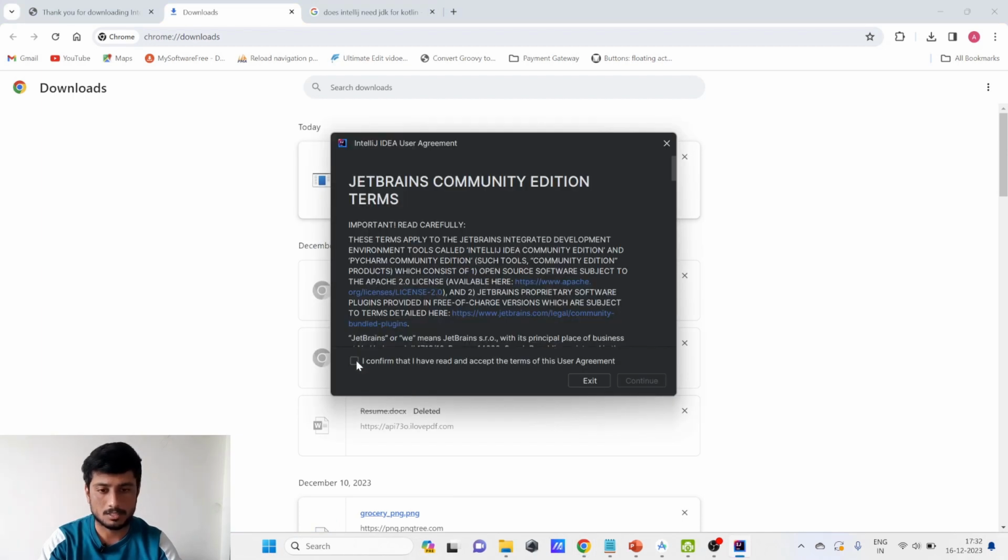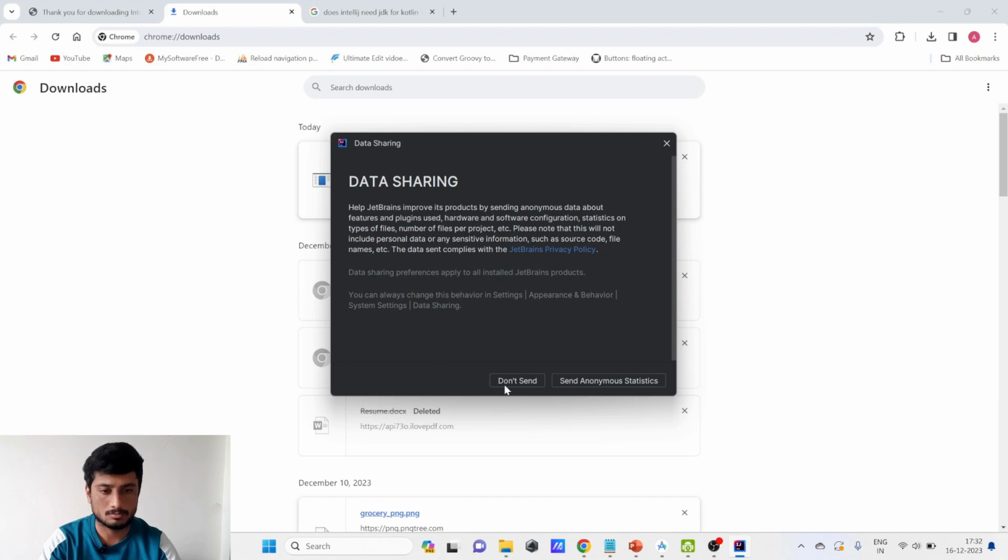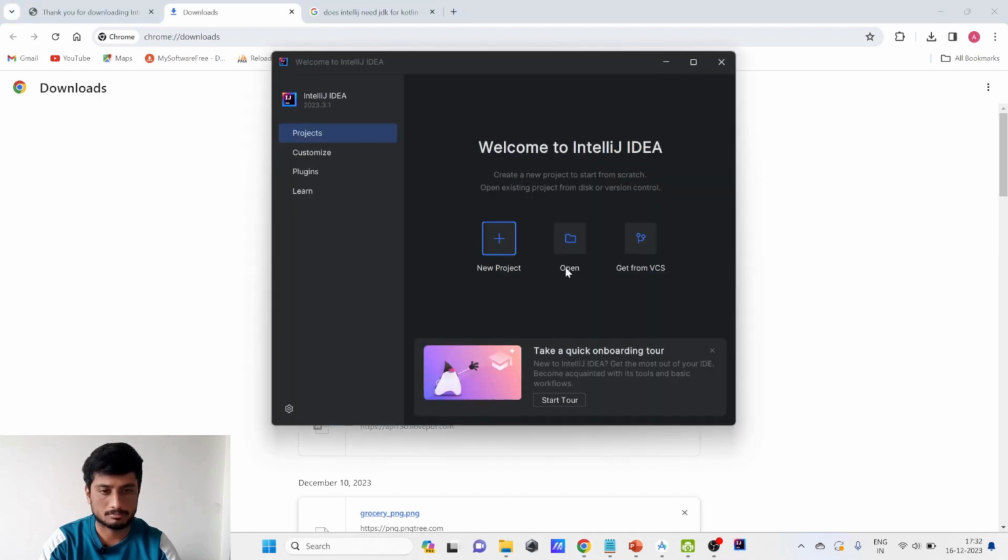Here is the license agreement. We have to accept, continue, data sharing. You can select anything you want, send random statistics, and our IDE is ready. So we can just click on new project